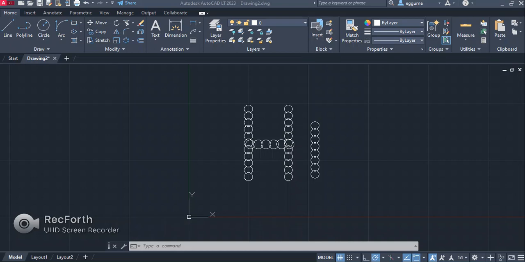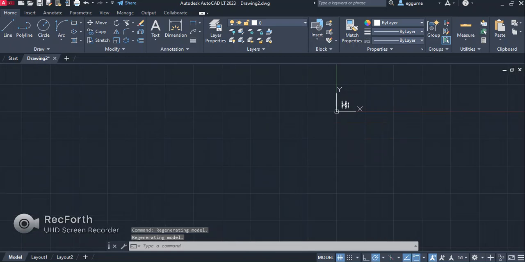Okay, in this video I'm going to be talking about model space and paper space. You like that? I created a little bubble word there. Hi. Anyway, so we've been working in model space, which is this infinite